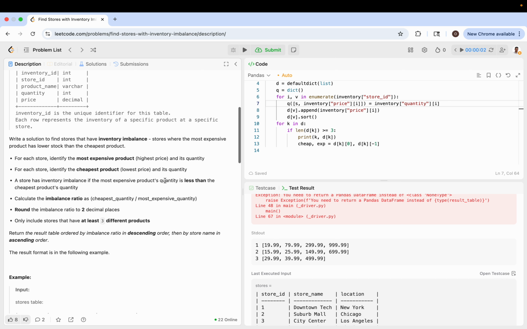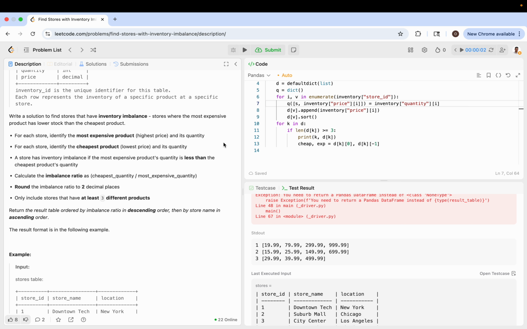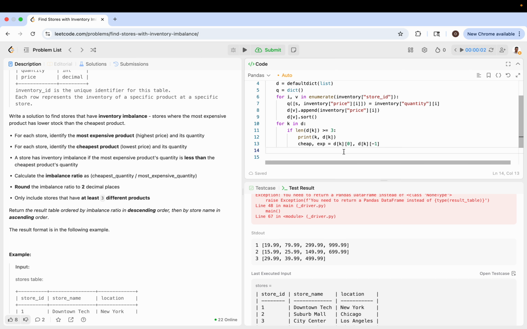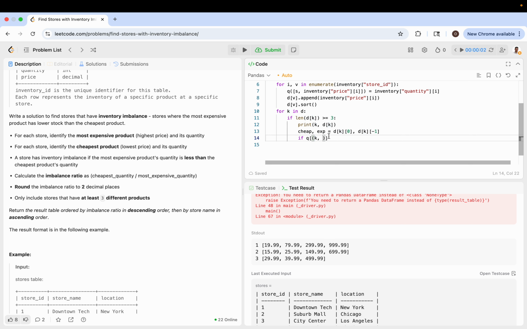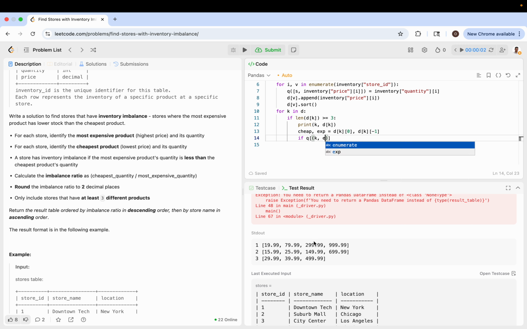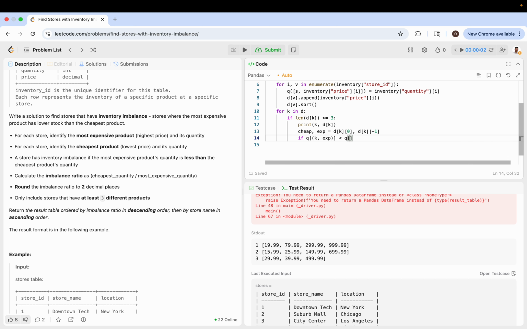And then now we want to compare the cheapest quantity and the most expensive quantity. So there's an imbalance if the most expensive quantity is less than the cheapest quantity. So if q of k, so k is the store ID, because that's how we set up both dictionaries as the key, and then also the quantity of the most expensive one. Well, this one we can just say if q of, because the expensive is the price, is less than q of k and cheap,